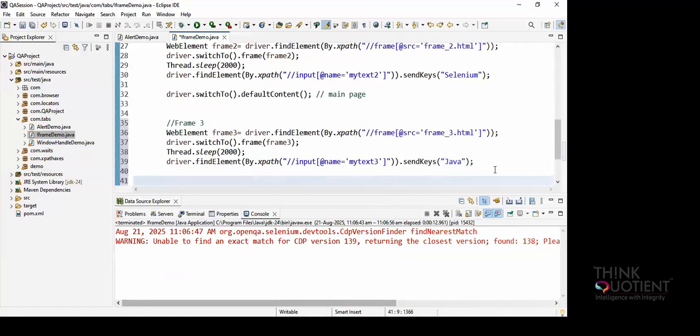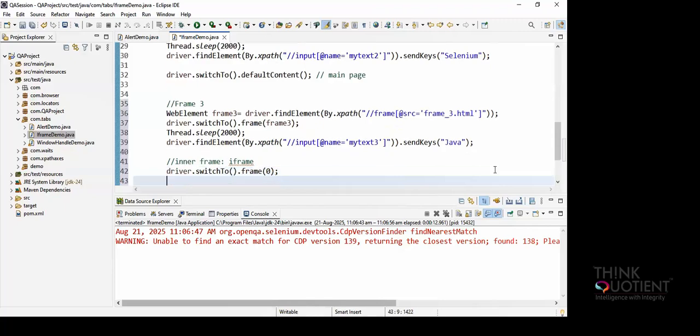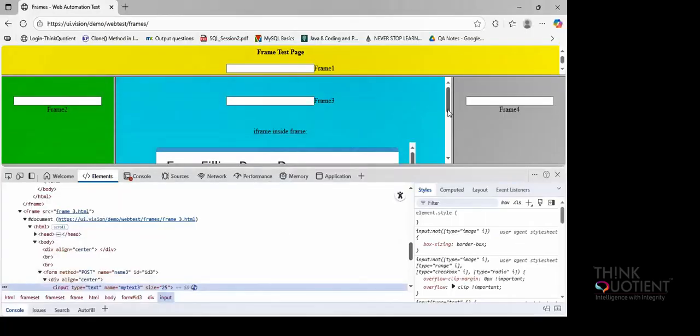Now, guys, there is one more frame, an inner frame. It's a frame inside an iframe. Now, how to deal with this? Let's say there is only one frame, so what I can do is write driver dot switch to frame, and I can pass the index 0. Zero means there is only one frame, so you're just going to go inside that frame. When we go inside this frame,